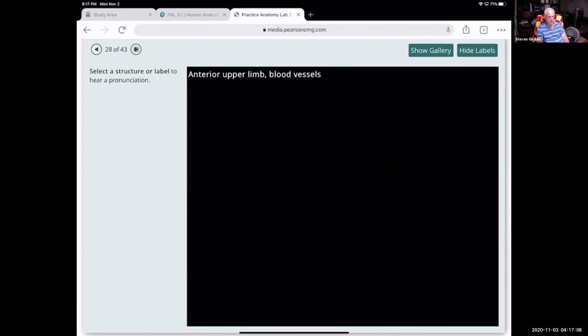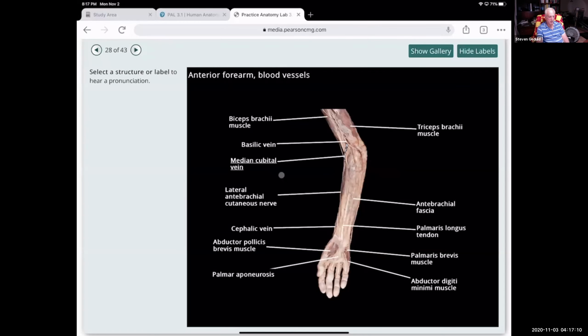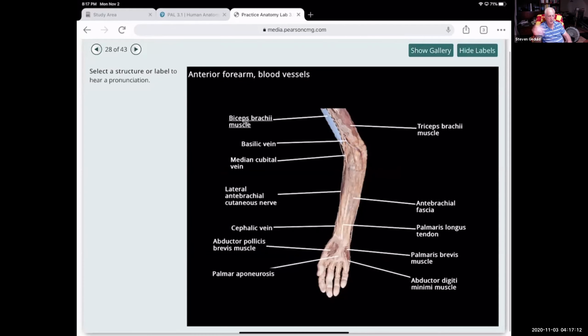All right, upper part of the arm, we have the biceps brachii muscle. Okay, this is a flexor muscle. It decreases the angle between the two bones. Okay, you have the basilic vein that runs down the ulnar part of the arm. The lateral antebrachial cutaneous nerve runs down the radial side of the arm. The cephalic vein,